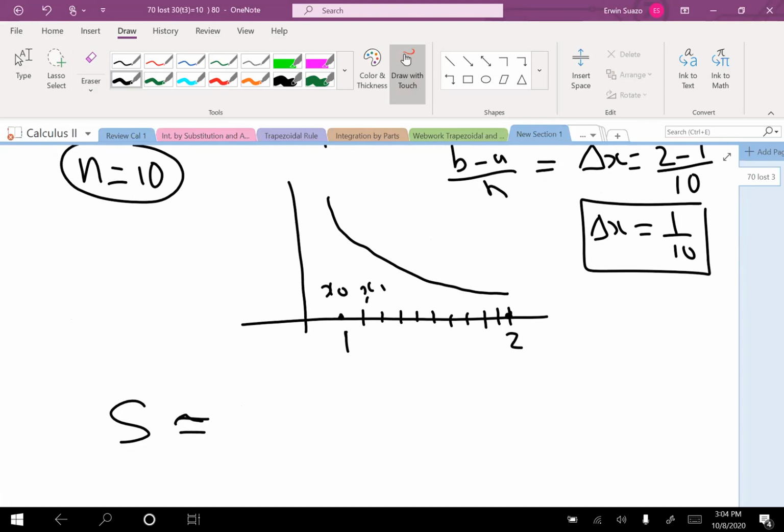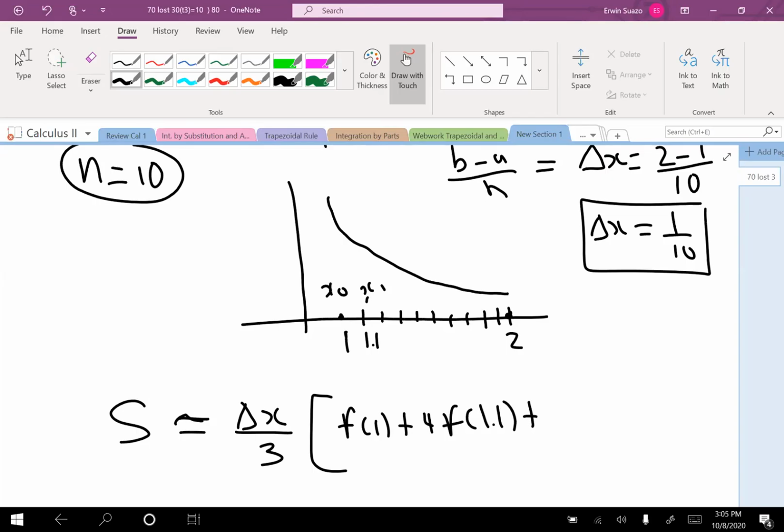It's delta x over 3 times f of x0, that is f of 1. The next one is 1.1, right? So plus 4 f of 1.1, then plus 2 f of 1.2, plus 4 f of 1.3,